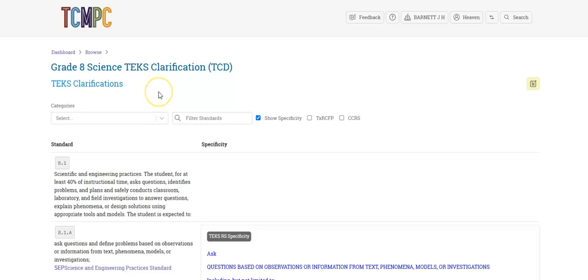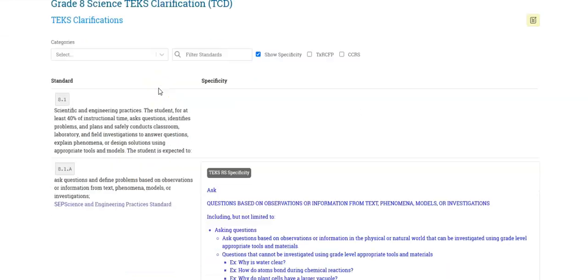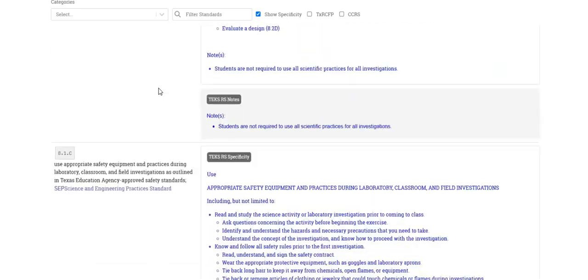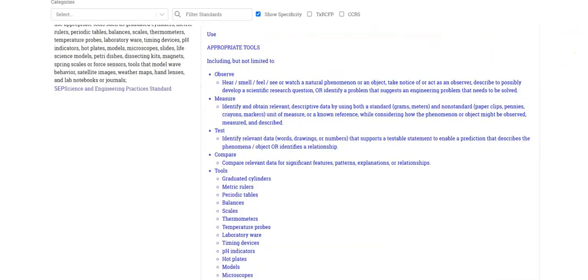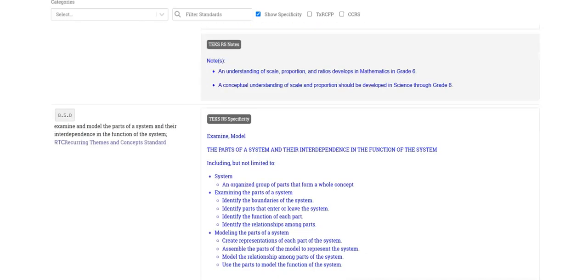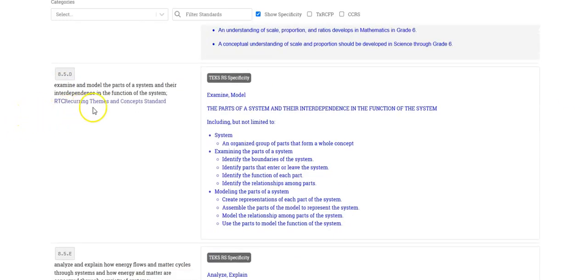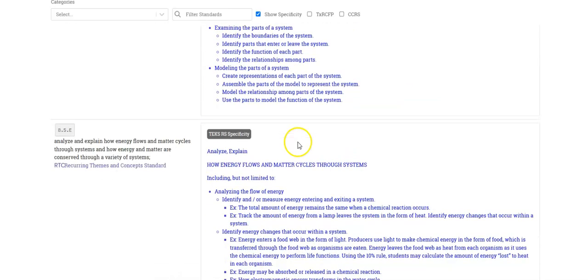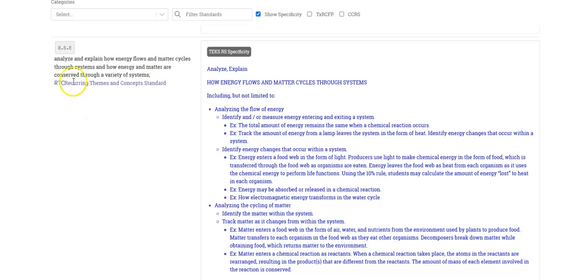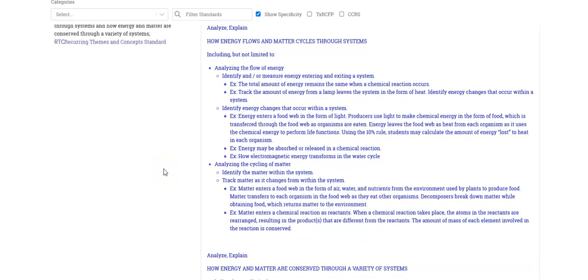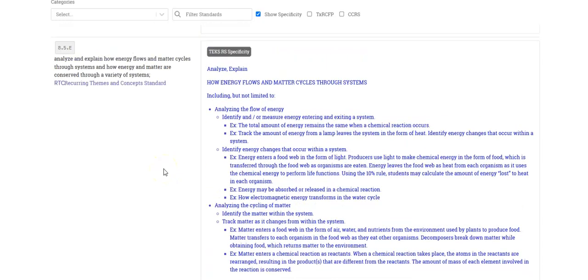So right here is the grade 8 science TEKS clarification document. I'm going to scroll down and pick the first TEK that I am slightly familiar with. So we can look at this one, 8.5e. Analyze and explain how energy flows and matter cycles through ecosystems and how energy and matter are conserved through a variety of systems. So notice the TEKS is 1 sentence long, but if you look here on the right,